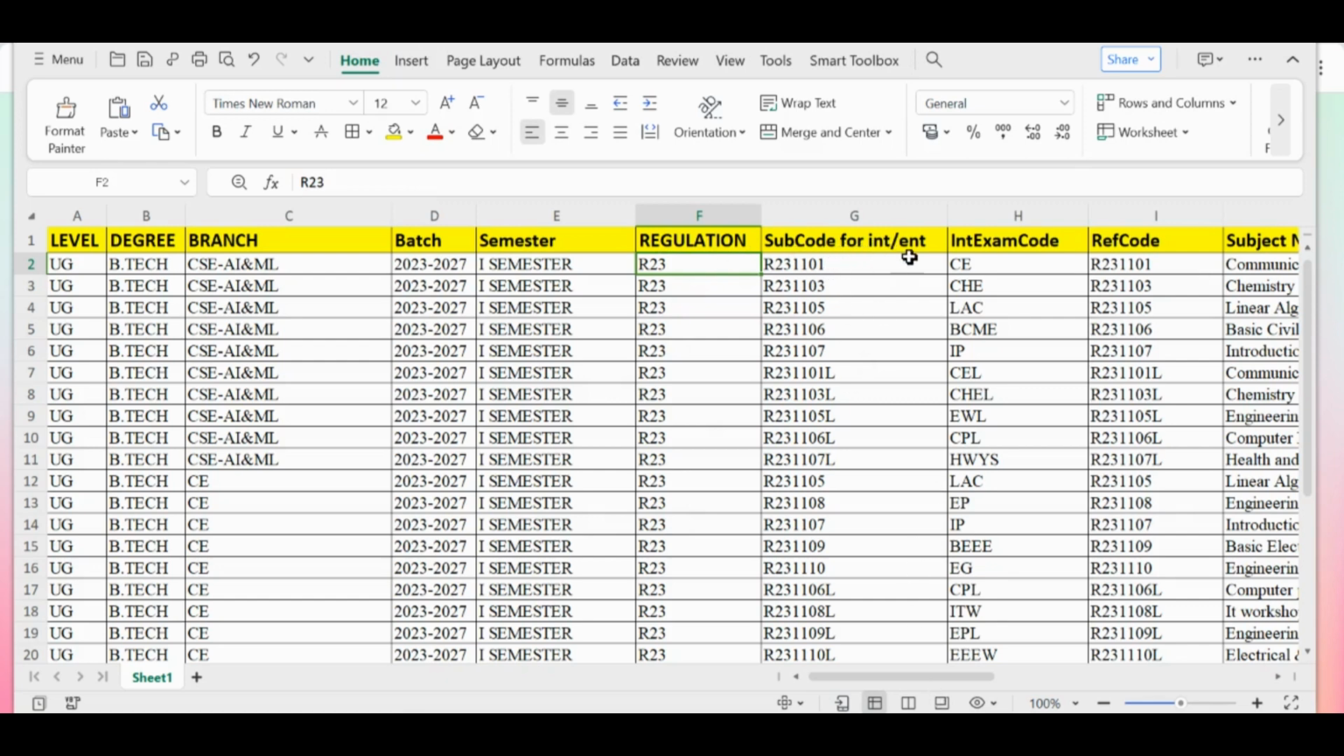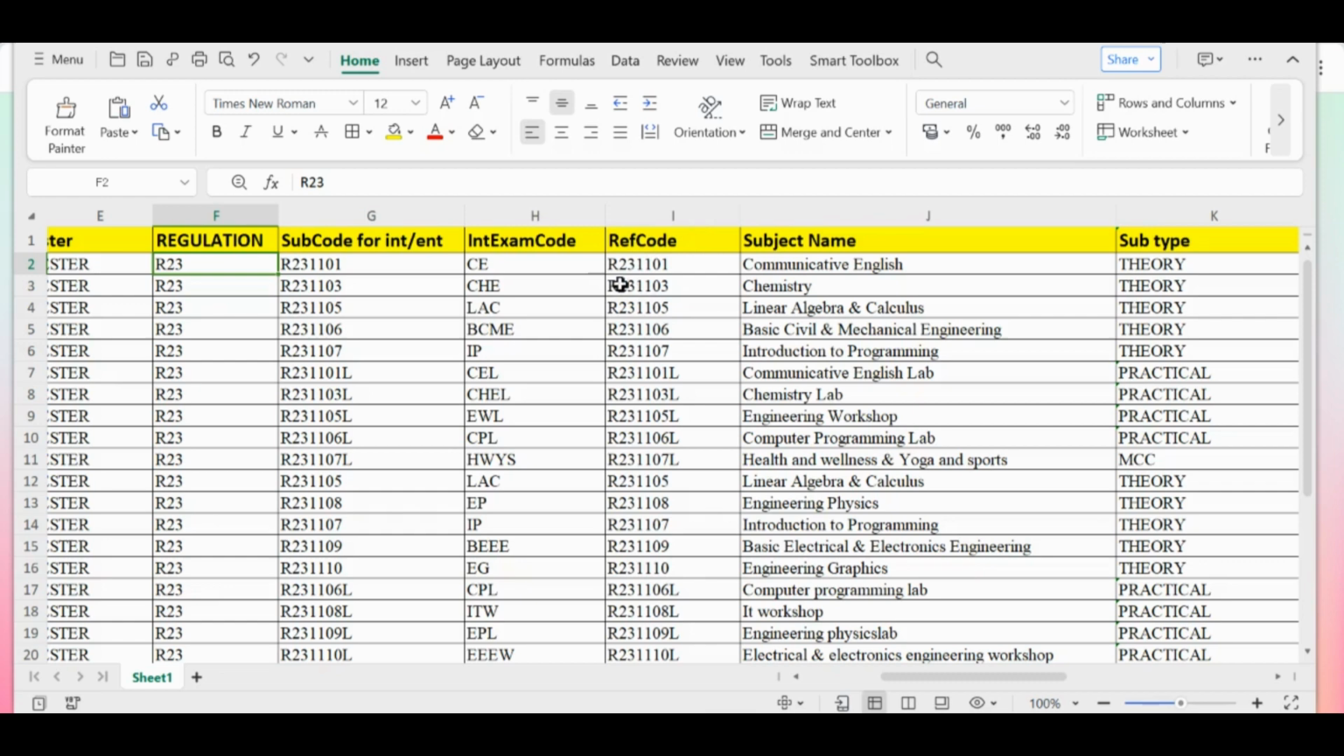And the subject code for internal and external examination should also be given. This subject code should be the same everywhere. Then the internal exam code and referral code. The referral code is a unique code which starts with the regulation. Here in the subject name,